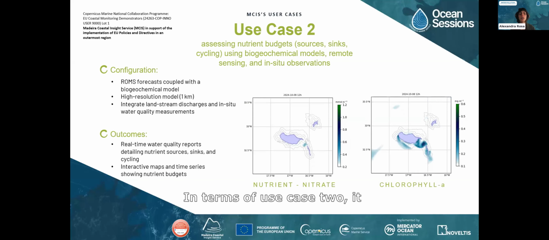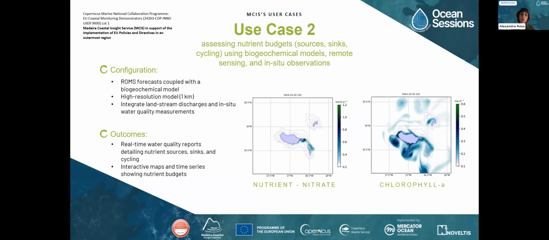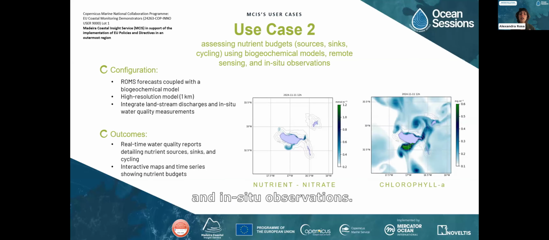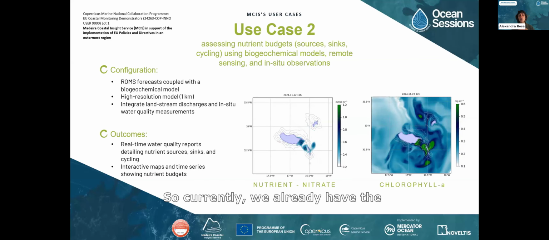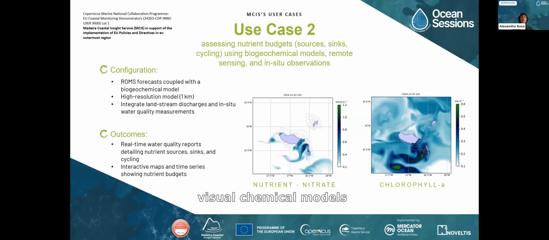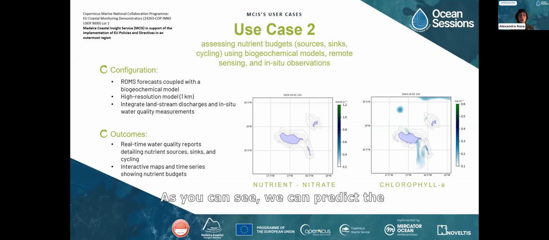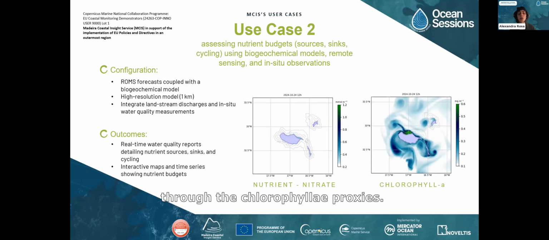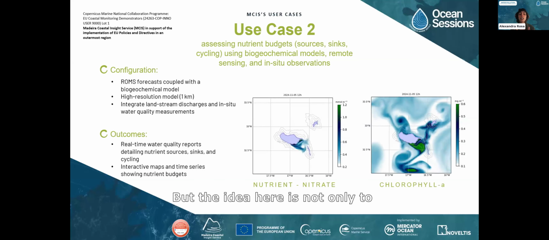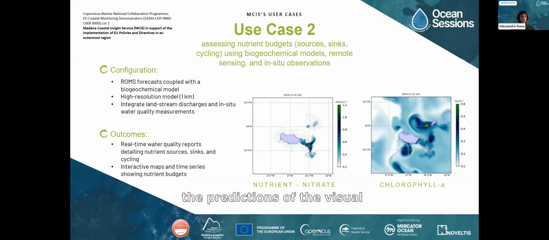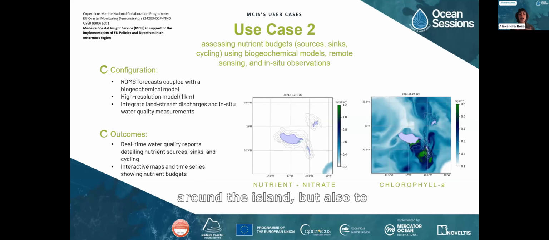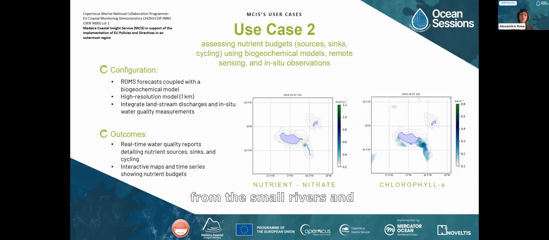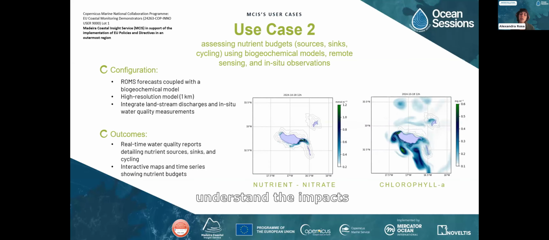In terms of use case 2, it focuses on assessing nutrient budgets, including sources, sinks, and cycling, using biogeochemical models, remote sensing, and in-situ observation. So currently, we already have the biogeochemical models running. As you can see, we can predict the nutrient availability and then the response of phytoplankton through the chlorophyll proxies. But the idea here is not only to have the predictions of the biogeochemical realm around the island, but also to implement the hydrological model in order to predict the discharges from the small rivers and understand the impacts on